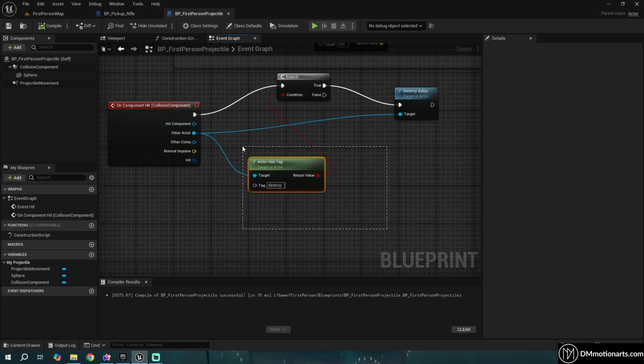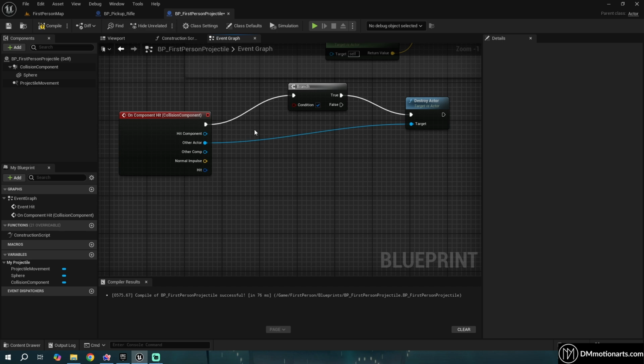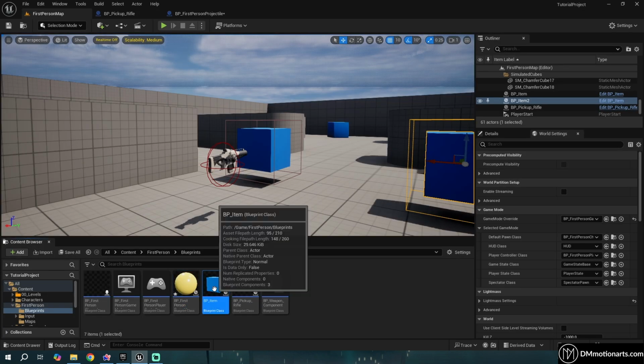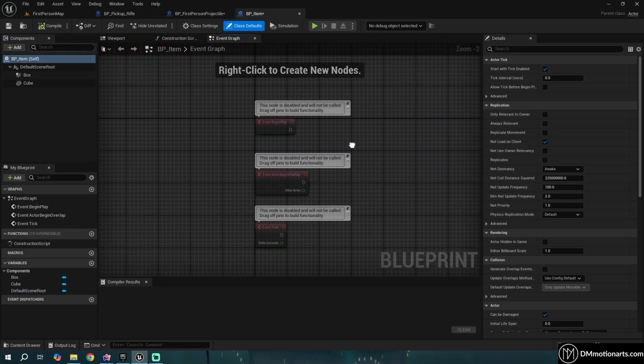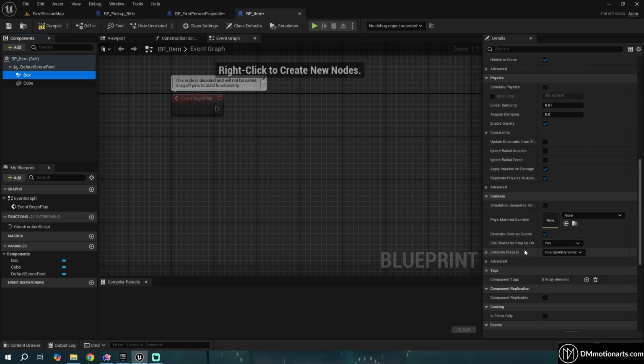it's not taking this actor into memory automatically. It is doing it dynamically without any hard reference, which means I can give any actor the destroy tag like this one and it would basically work. Another way for this one would be, let's go to a BP item and then here in this collision I can add a simple,